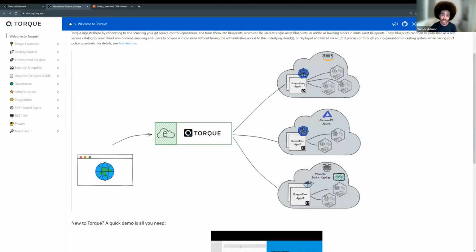And by the way, using the agent, all the resources, all the automation, all the IaC, everything stays within your cloud. So nothing goes out to Torque. Torque is just reported the metadata and events, and everything else stays within the cloud.